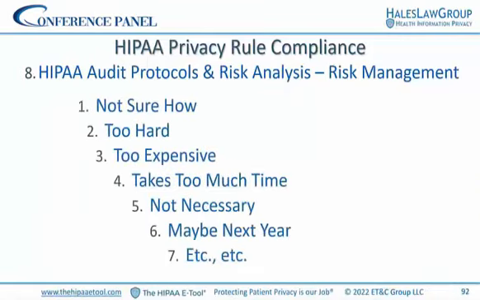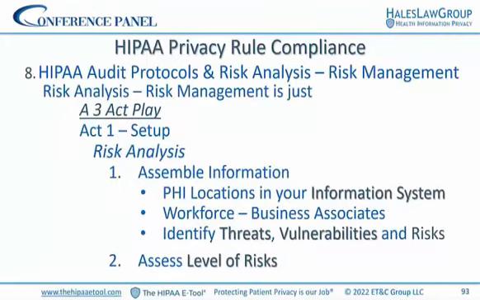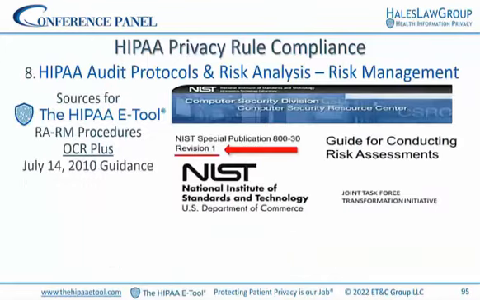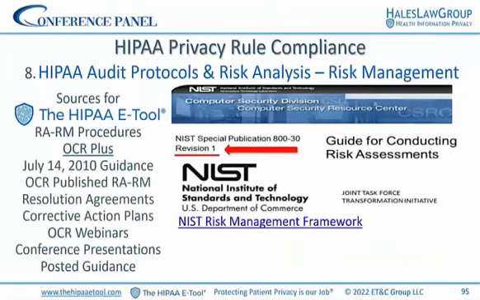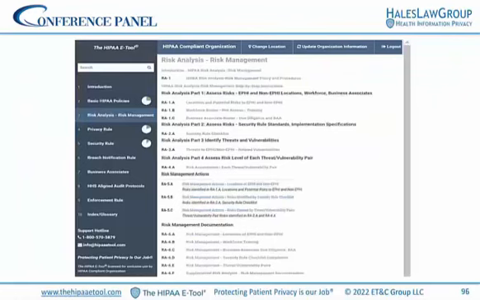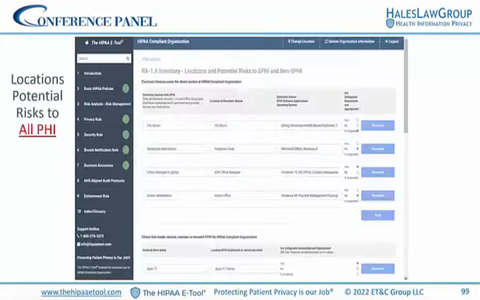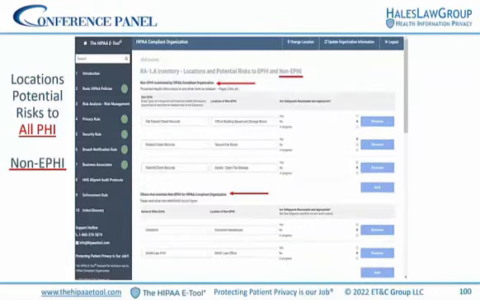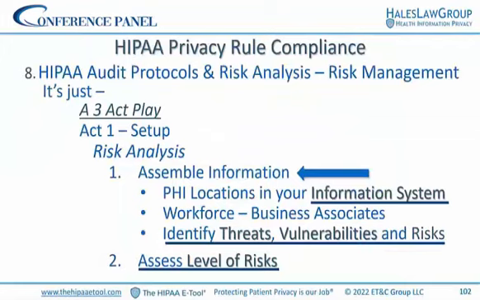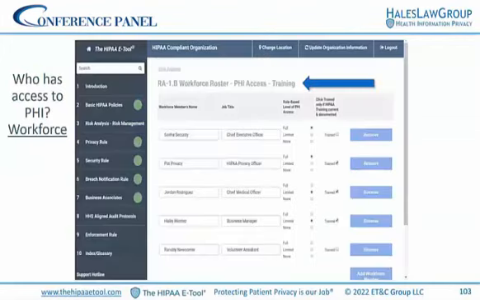Well, there are a lot of reasons, but I'm going to explain, and I'm sorry to run through this quickly, but you will have. So the sources, the places that we got these steps. Here is the table of contents of the interactive risk analysis, risk management. When you go to risk analysis, risk management, risks of the location of protected health information, starting with electronic protected. We also coined a phrase called non-EPHI, in assembling information. Who has access to it?